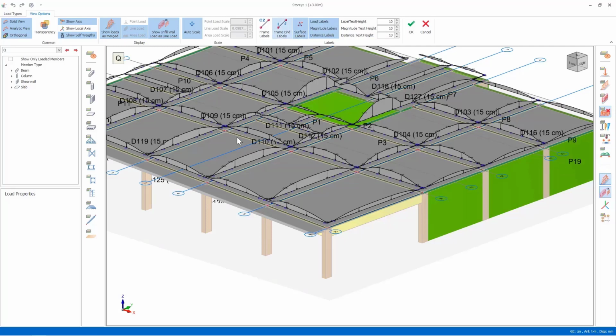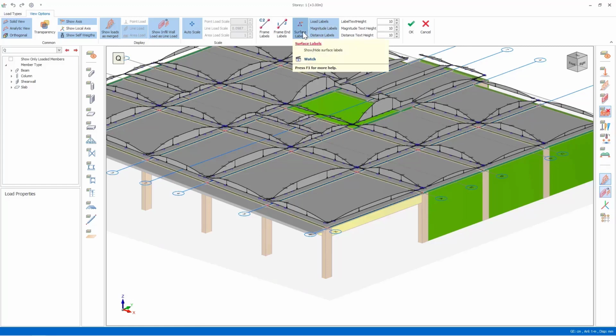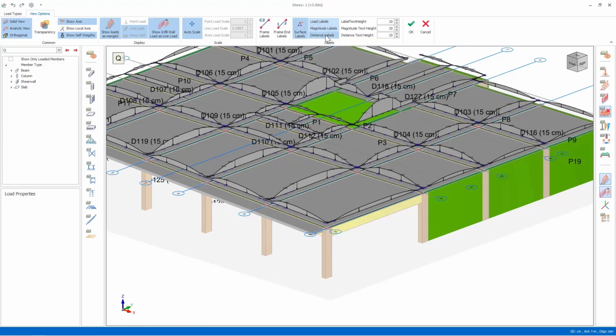At the same time, label, size, and distance text sizes can be adjusted from this section. You can set whether to show surface labels or not. Loads defined on the members can also be turned on and off via the menu on the right of the window. Let's define the load by using the Load Types in the Loads tab.